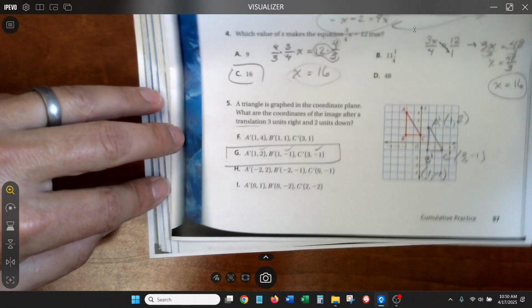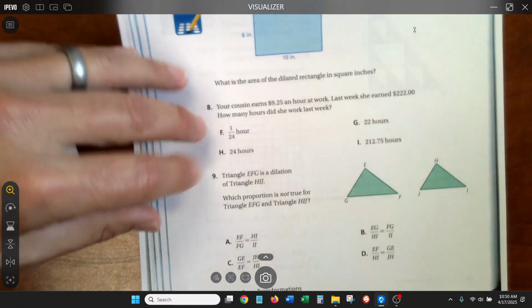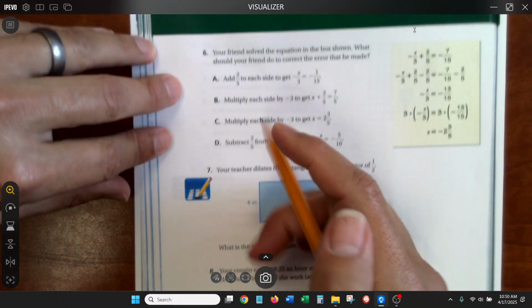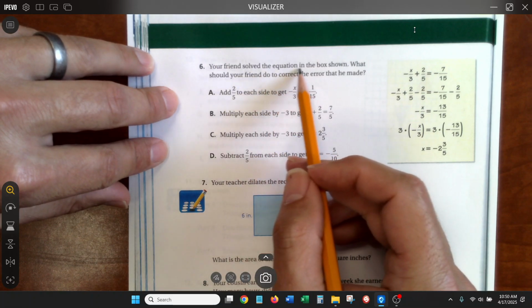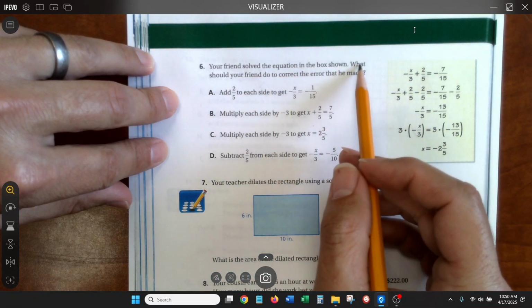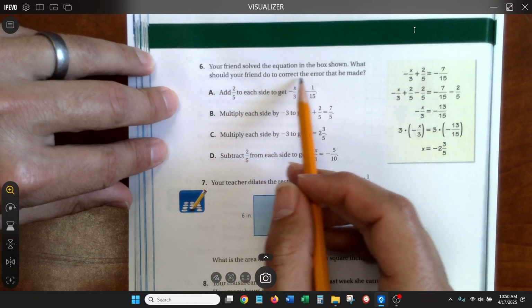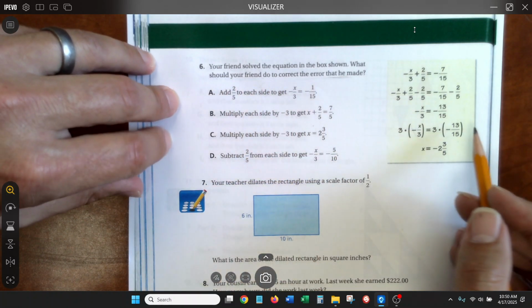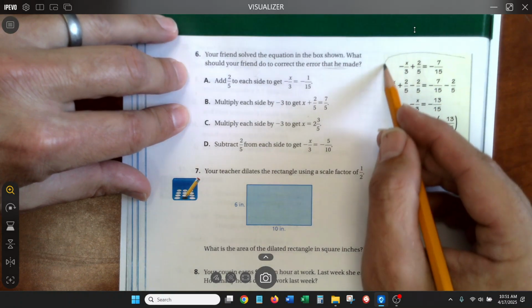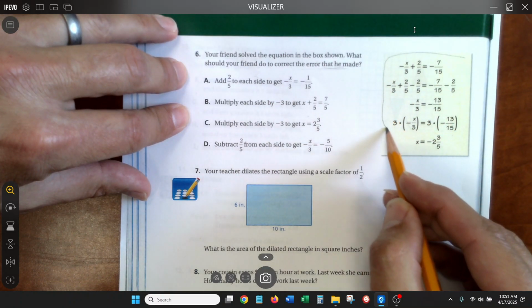All right, then number 6. Your friend solved the equation in the box shown. What should your friend do to correct the error? And so when we did this, we verified all these steps were correct until that last step,